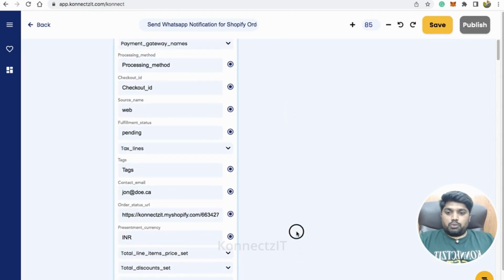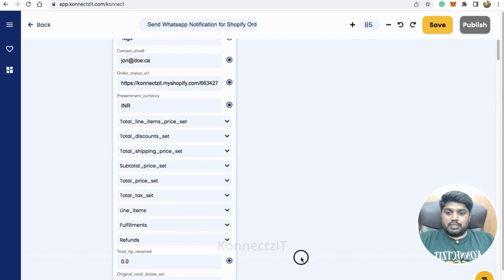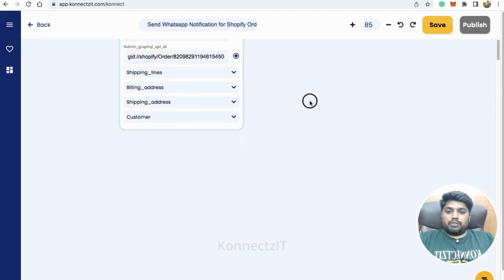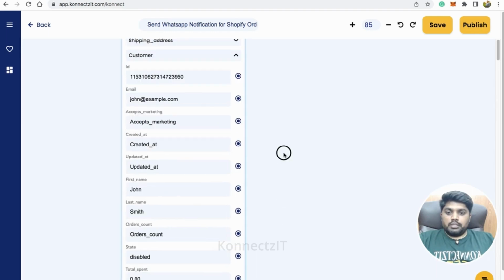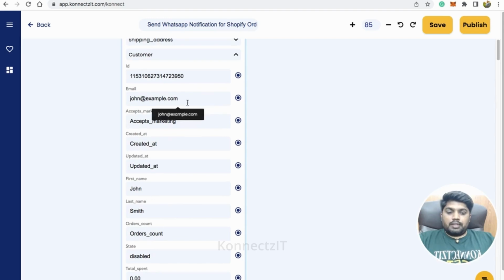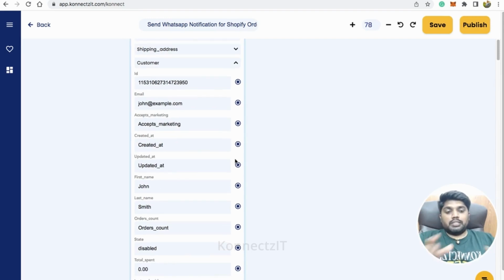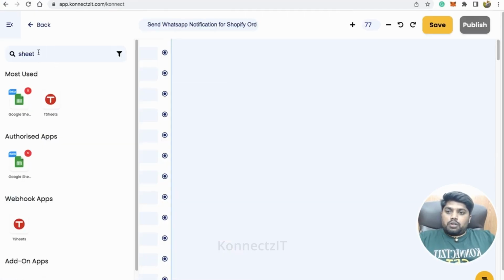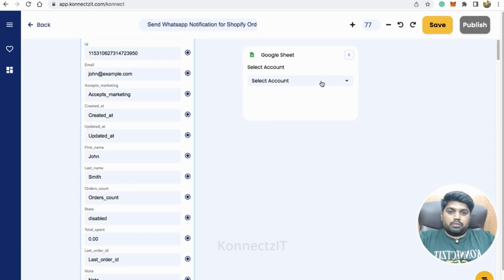So now let's go to the customer details. So basically that will be there at the end. So under the customer tab, you will be able to get all the details, so the name and the email ID. So now what we will do, we will just add these details inside my Google Sheet. So let's drag and drop Google Sheet. So now let us search for Google Sheet and drag and drop Google Sheet over here